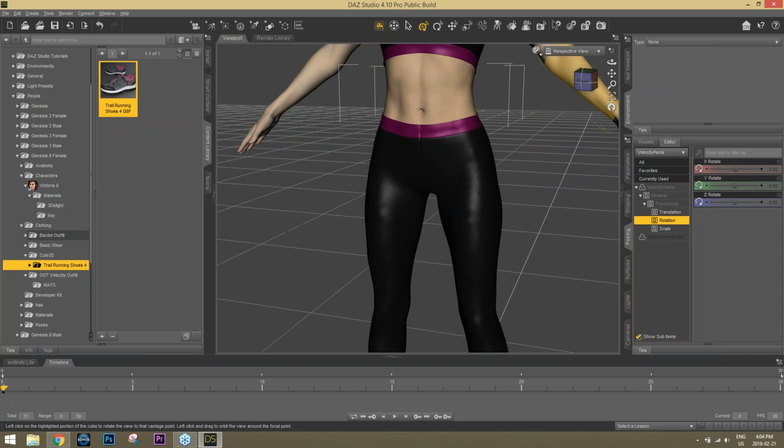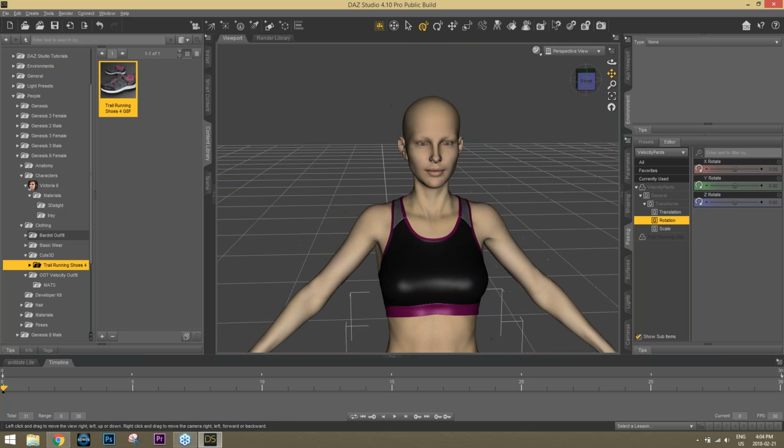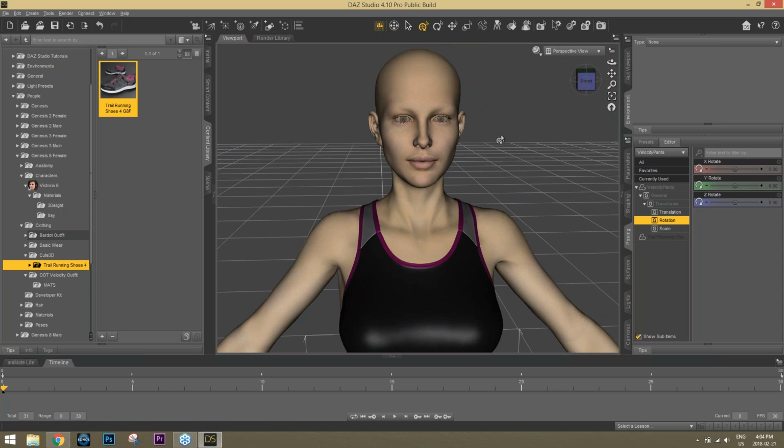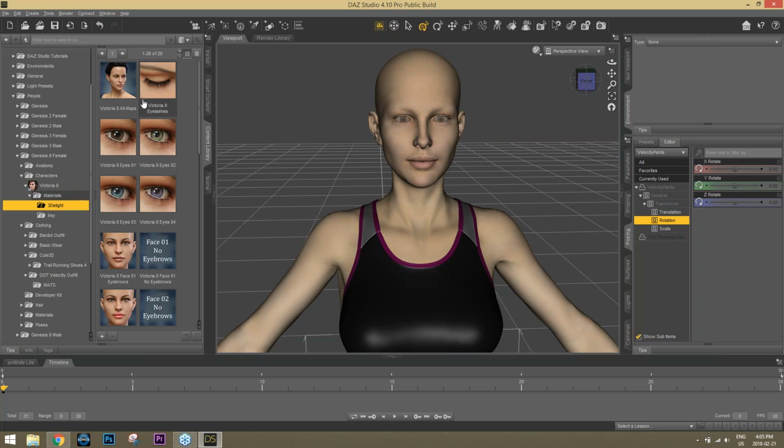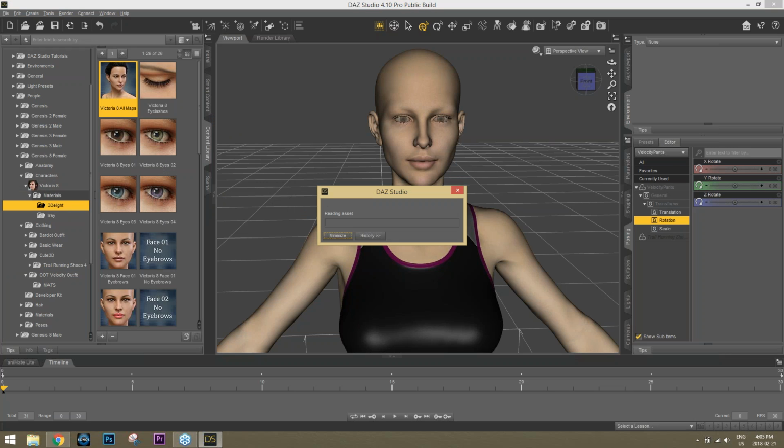Okay, so we want to apply a couple of skin materials. Let's get up close to around where the face is here and zoom in a little bit. Okay, so what we're going to do is under Victoria 8, we have materials, and we have 3 Delight materials. I'm just going to apply this Victoria 8 all maps. Okay, so this is just basically all the materials for Victoria 8. Let's go ahead and apply that. And you're going to notice her skin change significantly